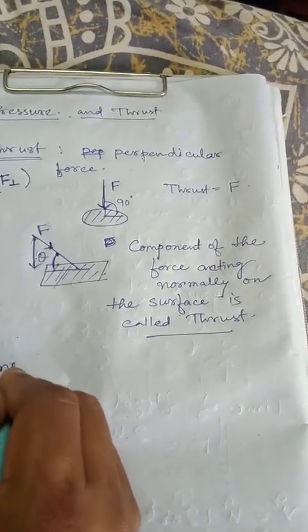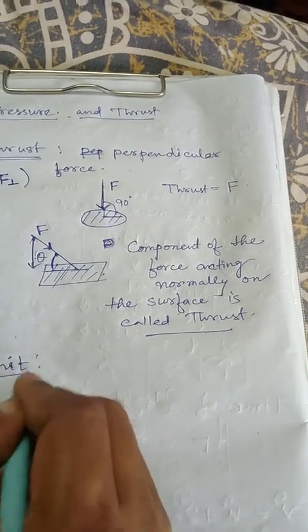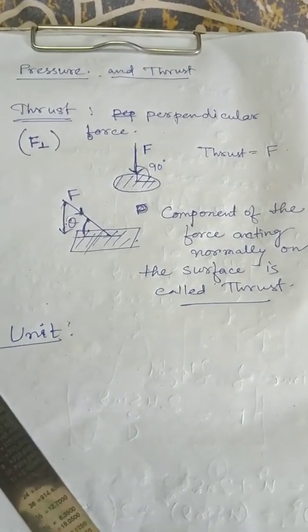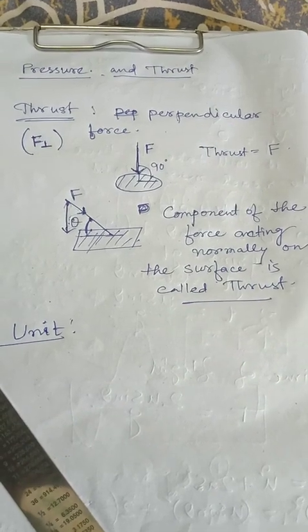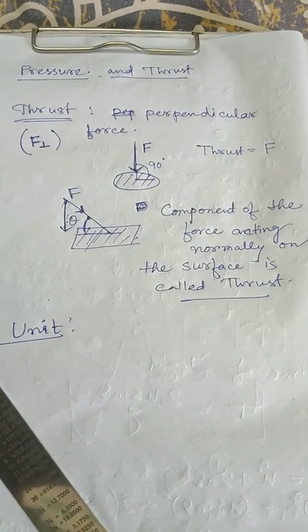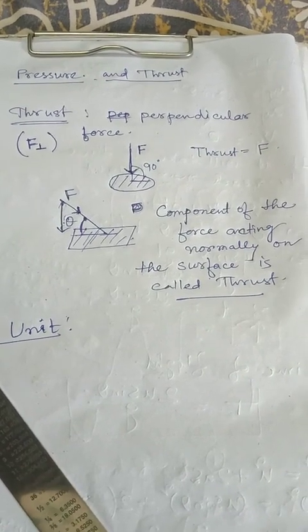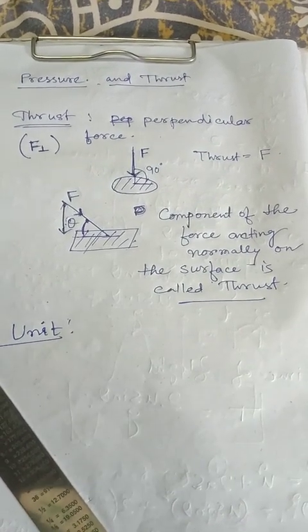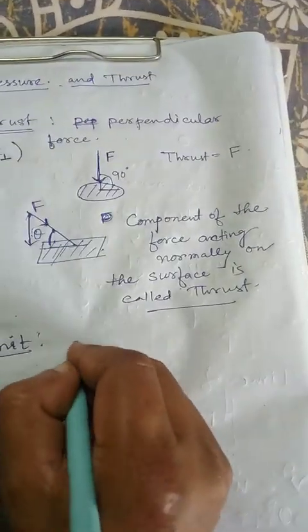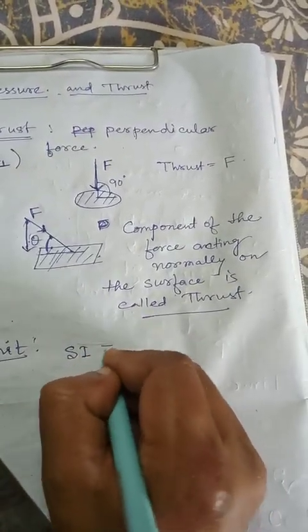Clear? Now what is the unit of thrust? The unit of thrust is the same as the unit of force, because thrust also is a kind of force which acts normally, that means perpendicularly, on a surface. So the unit of thrust is equal to the unit of force. In the SI system the unit of thrust is Newton,